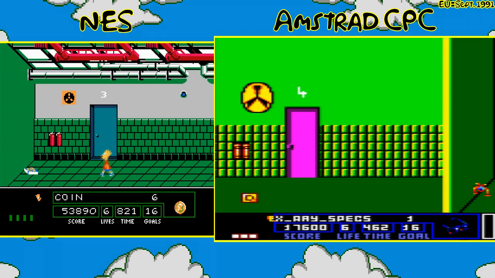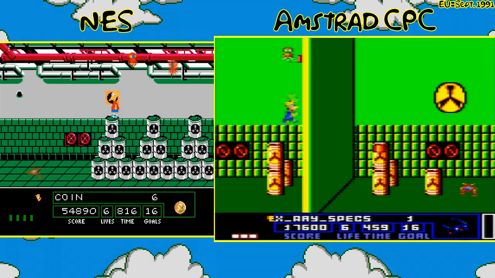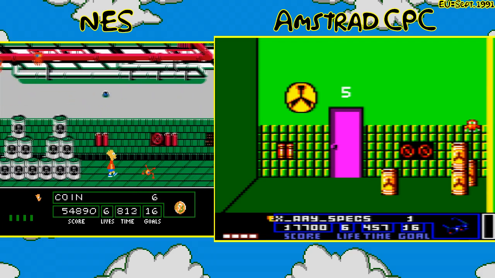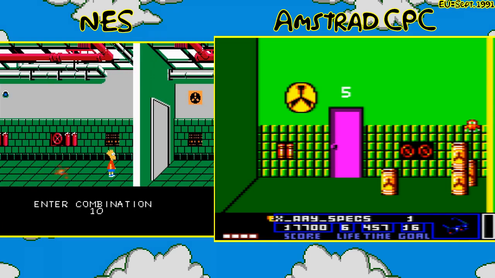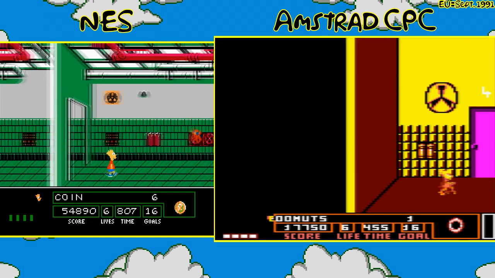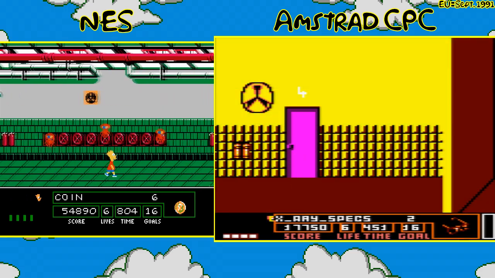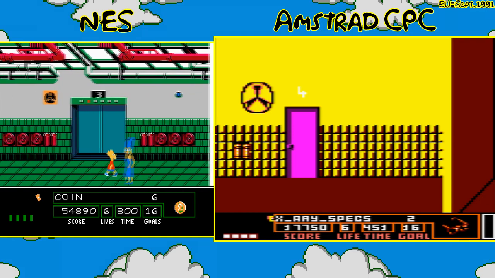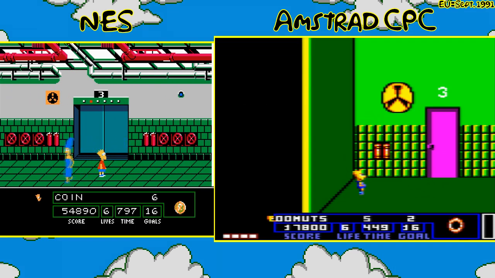And when it comes to visuals, for the Amstrad, I would say that the Amstrad version of the nuclear plant looks way better than the ZX Spectrum, just because of the colors. They're not so strong, I guess you can say. I just enjoyed looking at the Amstrad version of the nuclear plant way better than the ZX Spectrum. But pretty much when it comes to this final level, everything is damn near identical to the ZX Spectrum,